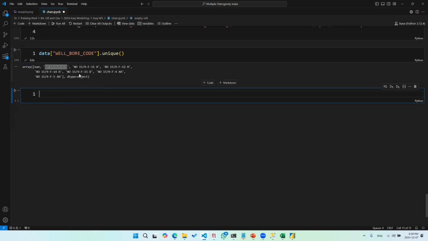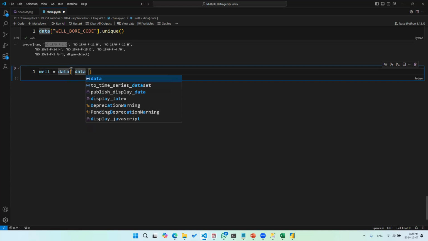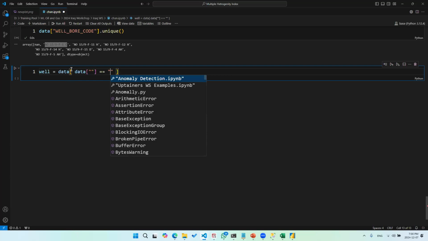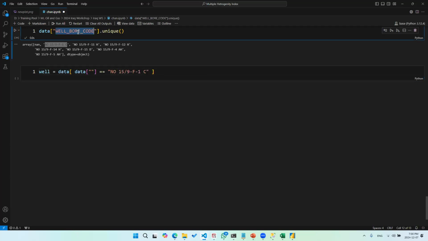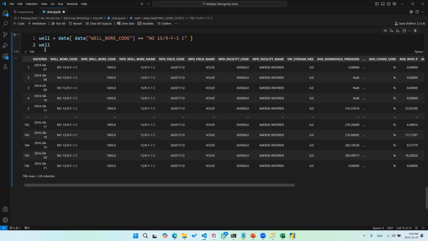What I'm going to do now is, let's say that I am interested in one of these wells. Okay, so let's say that we're interested in the first well. So we're going to create a simple filtering for our well, which is, let's call this well equals data. And basically now we are going to filter down or reduce down our data based on this particular well. So let me show you. And this is going to be based on the well. And I'm going to show you the data that will be generated. There we go. Now we have generated a new table.